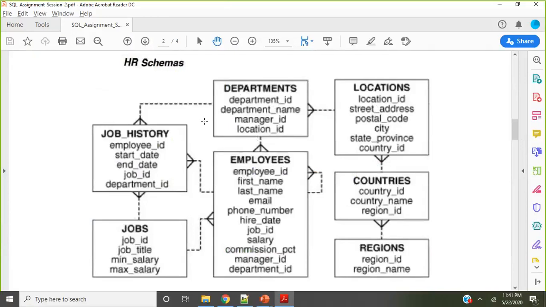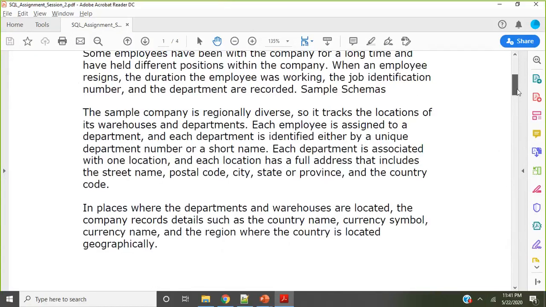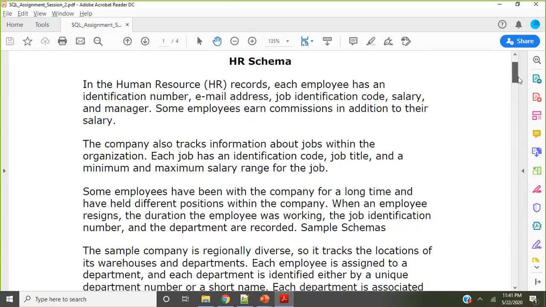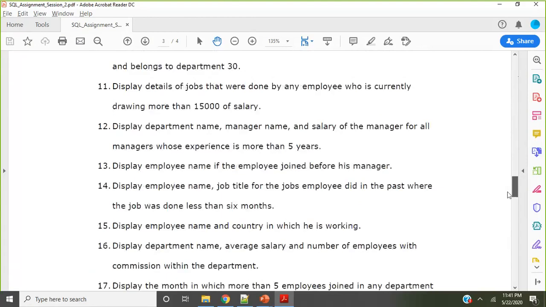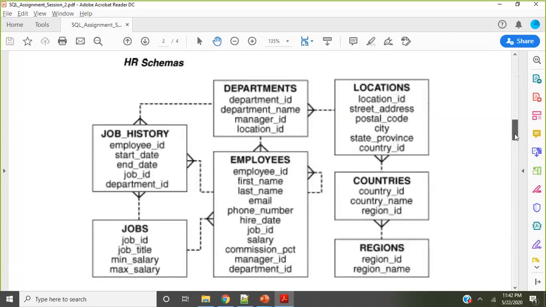It comes with a set of tables. This is the HR. HR stands for human resources. You have a couple of tables linked properly, and this will help you to write many different queries. It has the explanation also, but at the end of this video I will show you some of the steps. Okay, so let me help you with the installation piece first.